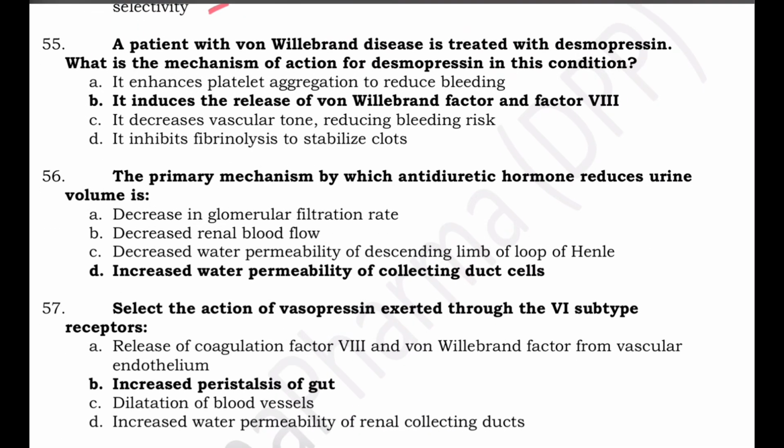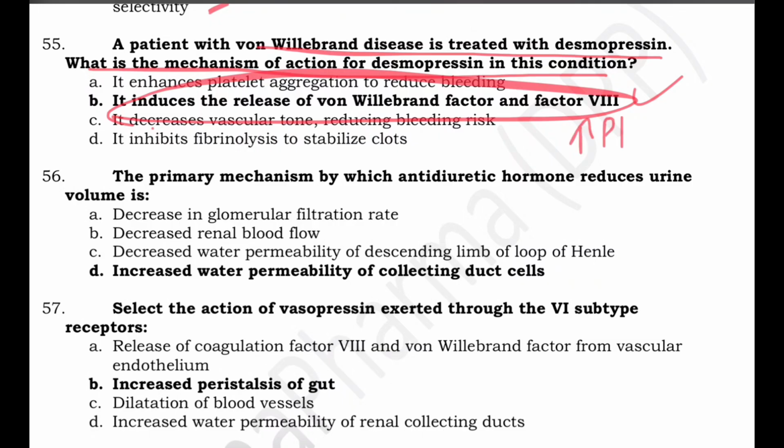A patient with von Willebrand disease is treated with desmopressin. What is the mechanism of action in this condition? Desmopressin works in patients with von Willebrand disease by stimulating the release of von Willebrand factor and factor 8 from the endothelial cells. By this action it increases platelet adhesion and aggregation at sites of vascular injury, so it maintains good hemostasis. Desmopressin is given IV in a dose of 0.3 microgram per kg and increases factor 8 and von